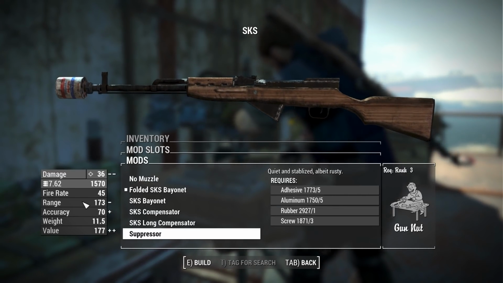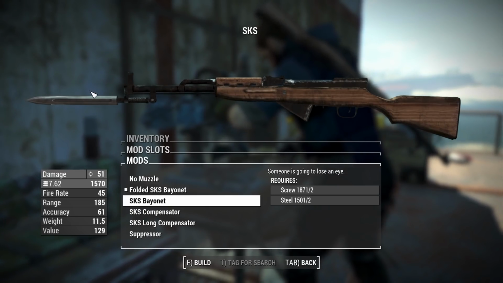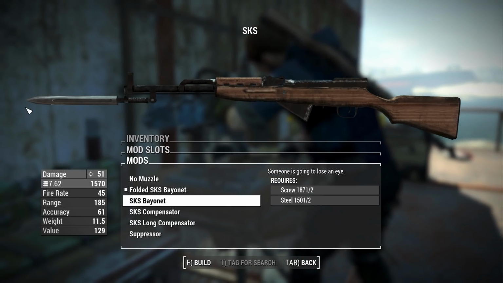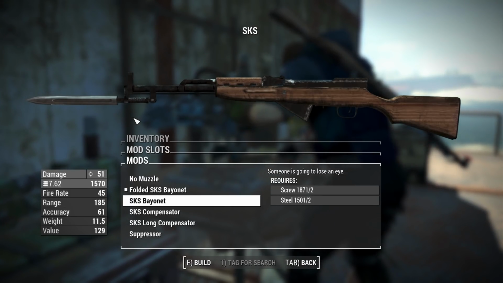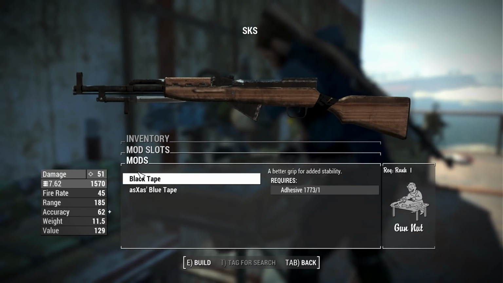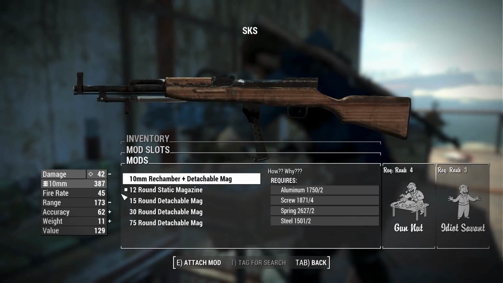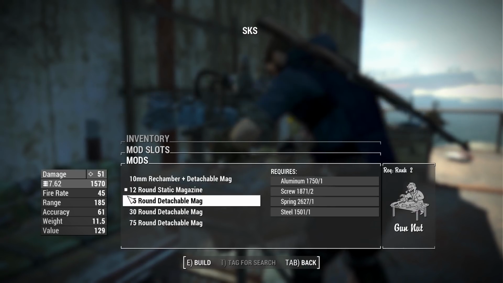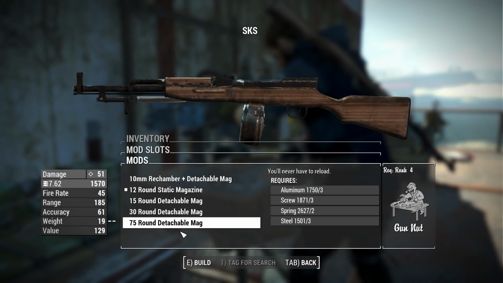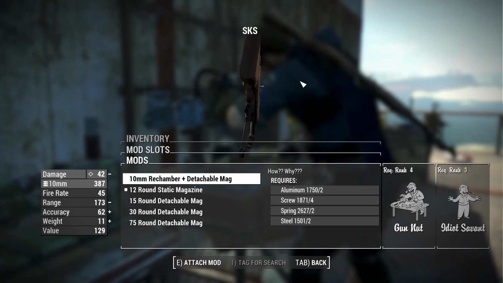Now, also something to note with this mod is that the bayonet, much like the M1 Garand mod by AsXAs, is a separate melee weapon, so you can find this thing and use it as a nice little knife, though it's nothing to write home about. There's no modifications or anything. It's just a nice simple knife. Now then, we also have the option to add tape to the grip. We have black and blue tape. And then we do have the magazine section, where you have the standard 12-round static magazine, the 15-round detachable mag, the 30-round detachable mag, and the 75-round drum mag, as well as that 10mm rechamber, which is just something, isn't